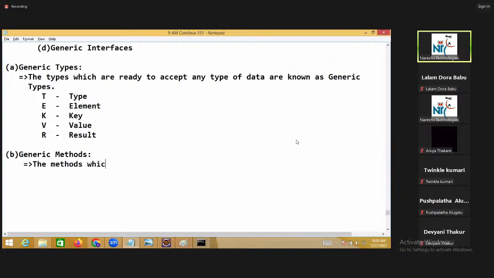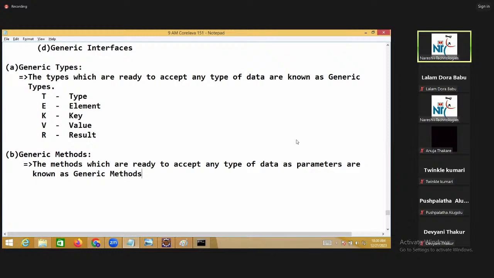The methods which are ready to accept any type of data as parameters are known as generic methods.